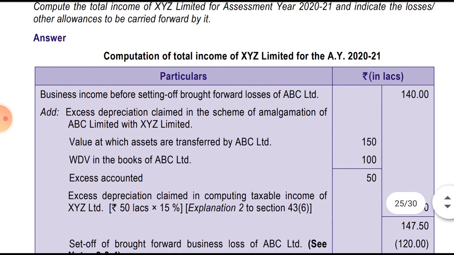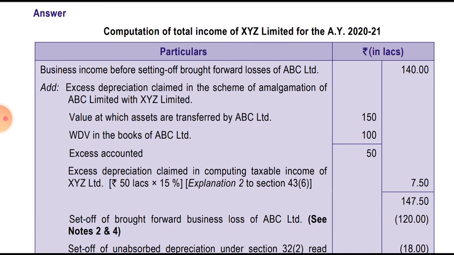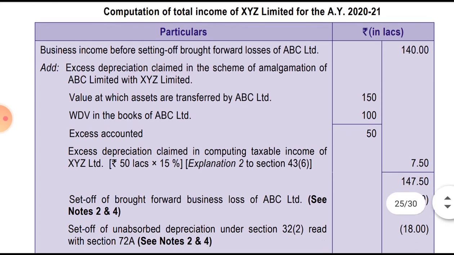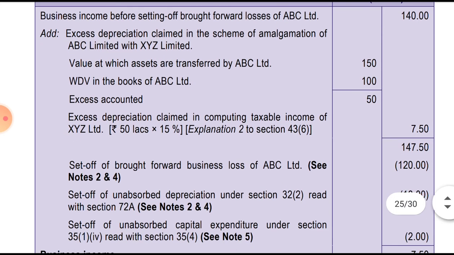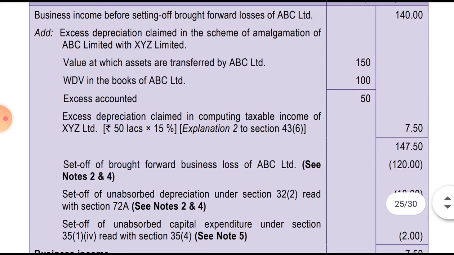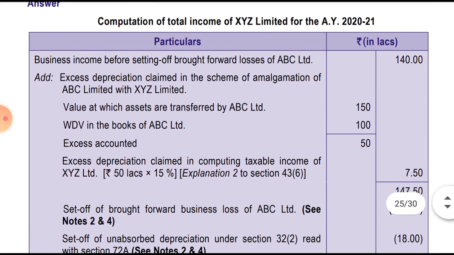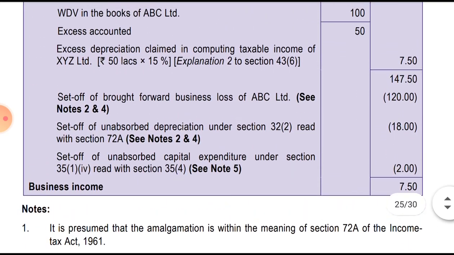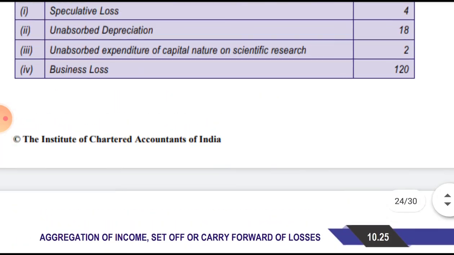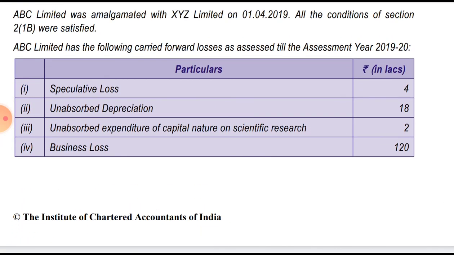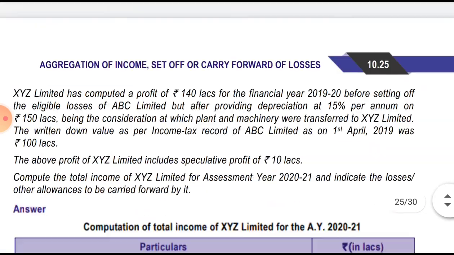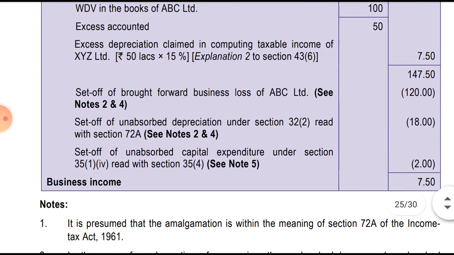Business losses before setting off and brought forward losses of ABC Limited 140, excess depreciation in the scheme of amalgamation. So 150 as per books value of an asset minus WDV 50 was excess depreciation provided, so this 50 lakh into 15%, 7.5 will be added. Then 50% depreciation because it is a plant and machinery. Then we had the earlier brought forward losses: for speculative, then unabsorbed 18, expenditure on scientific 2, and business loss of 120. This all can be set off,